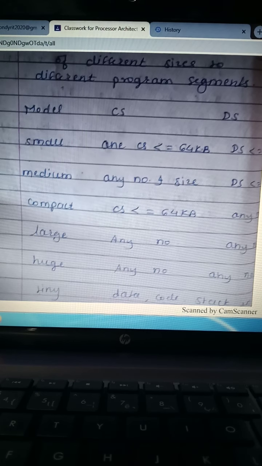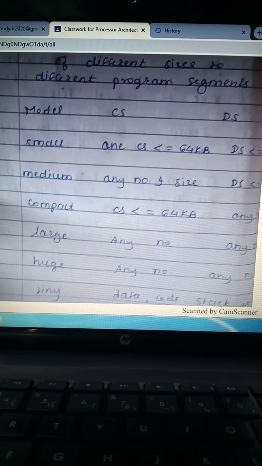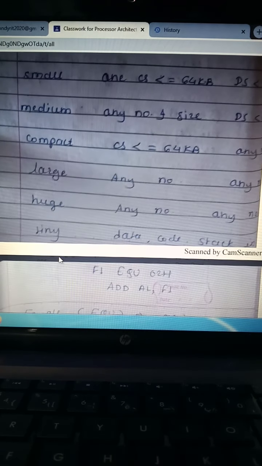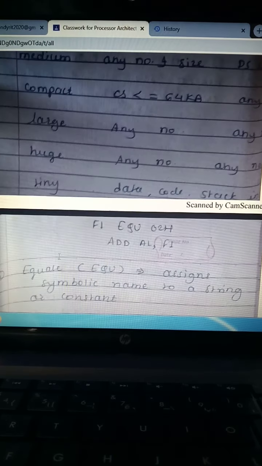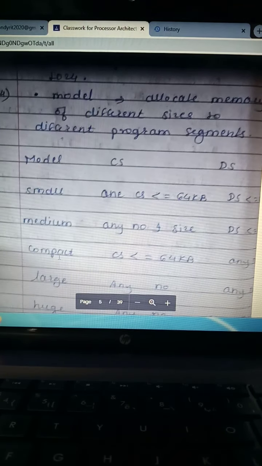If it is the large model, then CS and DS can be any number and of any size. If it is huge, then again it is any number with any size. If it is tiny, then data, code, and stack together are of size 64 KB. So this is the .model directive.